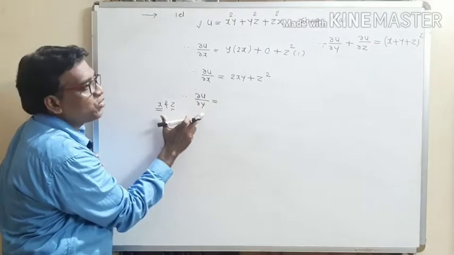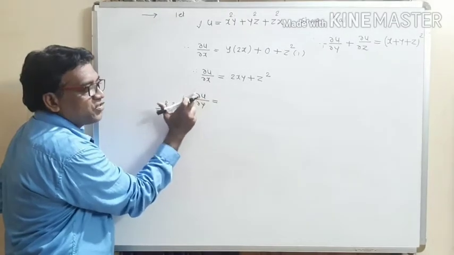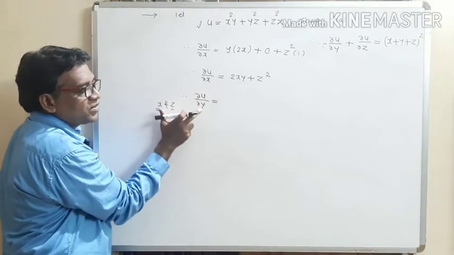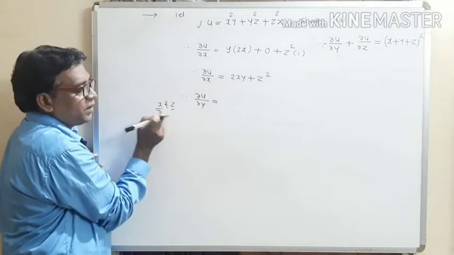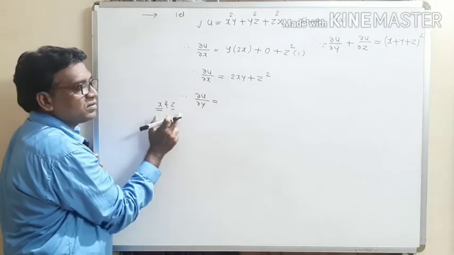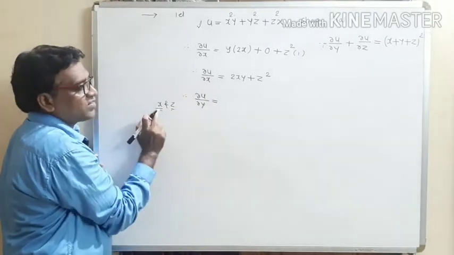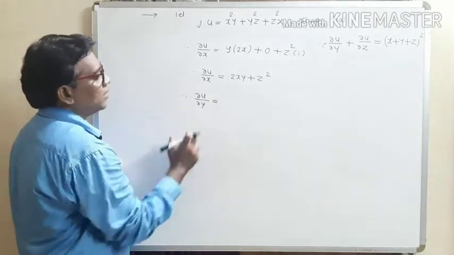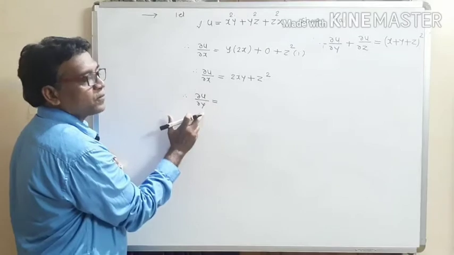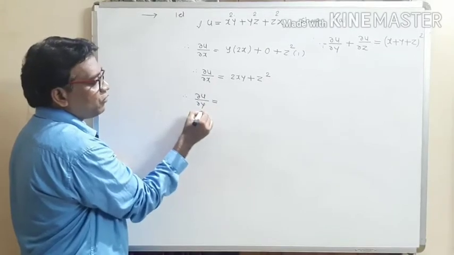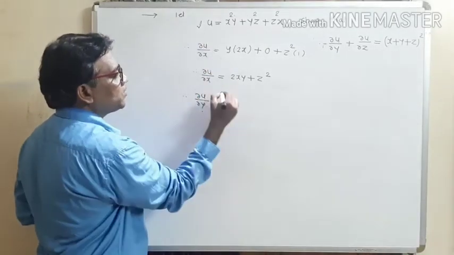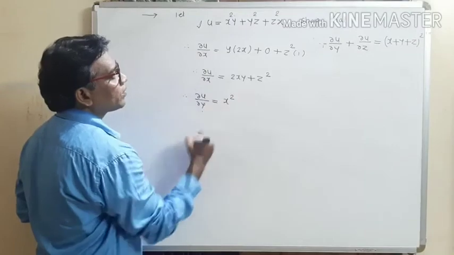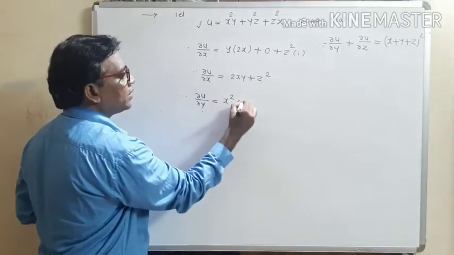Partial derivative with respect to y means differentiating this u partially with respect to y by keeping the remaining variables constant. What are the remaining variables? x and z, they are constant quantities. So let us find this derivative with respect to y. Just find the derivative of y only. So x square is constant. Derivative of y is 1